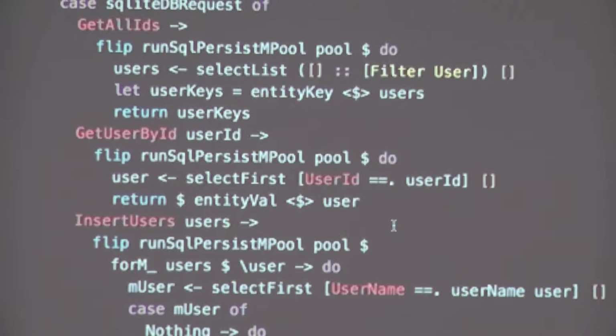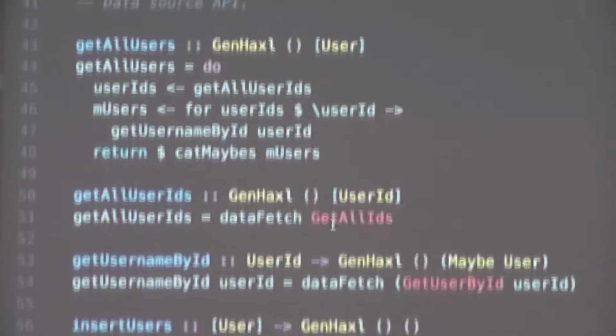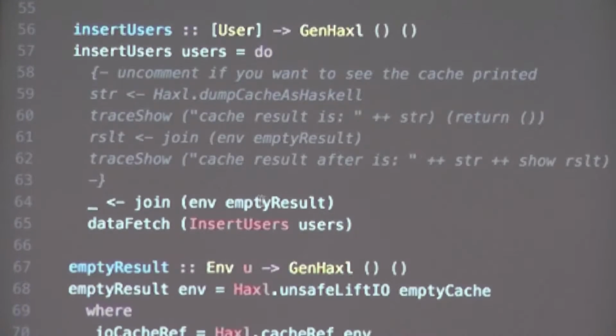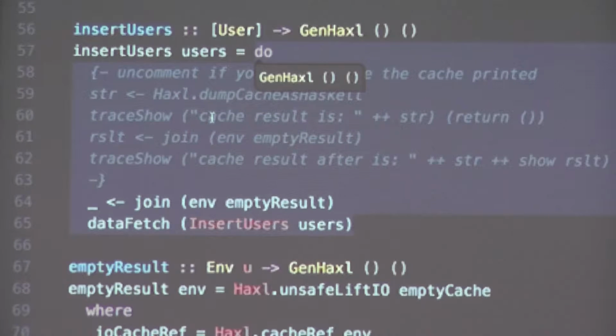So assuming you don't invalidate the cache, each of these would only get run once. And here I'm emptying the cache, so if you change a user, if you insert a new user, in that case you would want to invalidate the cache